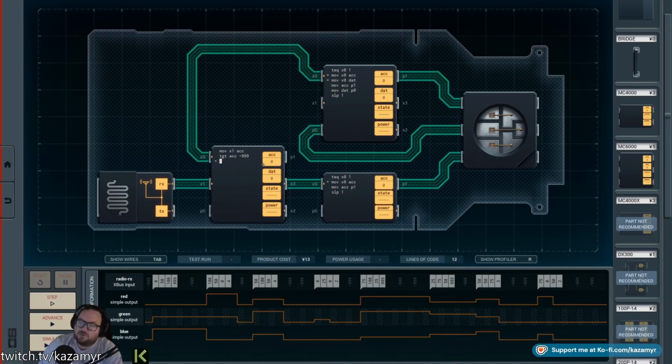So new jump read. So we'll mark our read here, which is going to copy. That's red. Red goes x0. So we're going to move ACC to x0. We're going to move x0, x1, which will now be blue, to